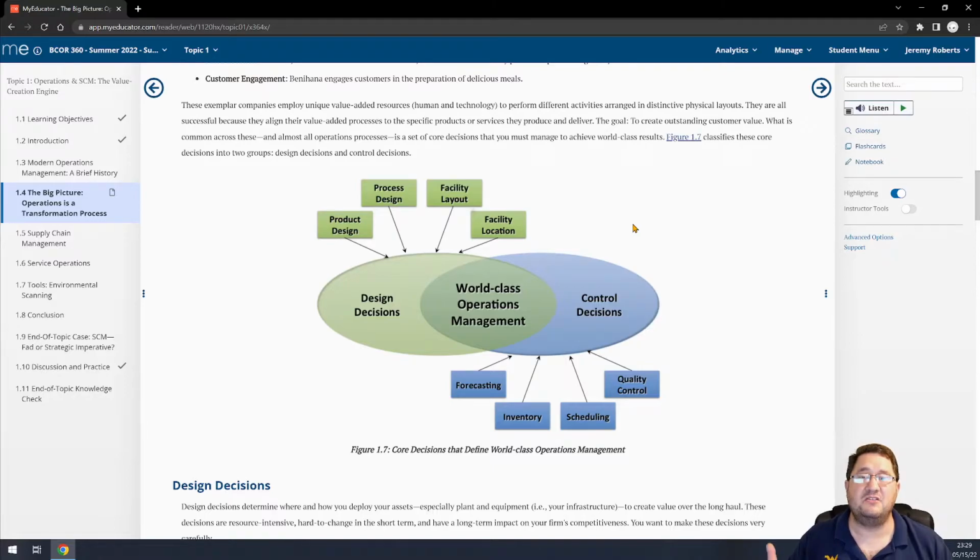The location. In topic 9, we'll talk about location. So where do we put our facilities? Why does Amazon put a fulfillment center in a certain location? There are several ways of calculating this, and I'll teach you guys the center of gravity analysis, which is a pretty simple way of doing it. And it's by no means the only way to do it. It's only one tool to help inform your